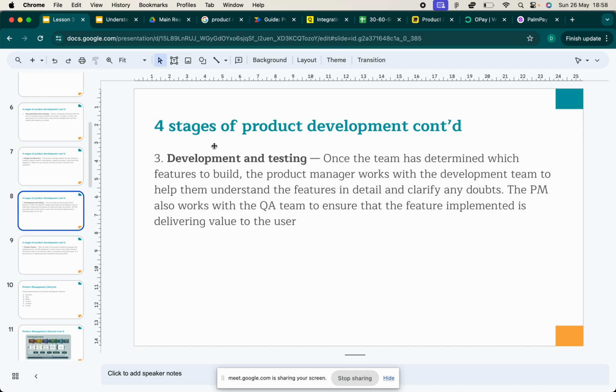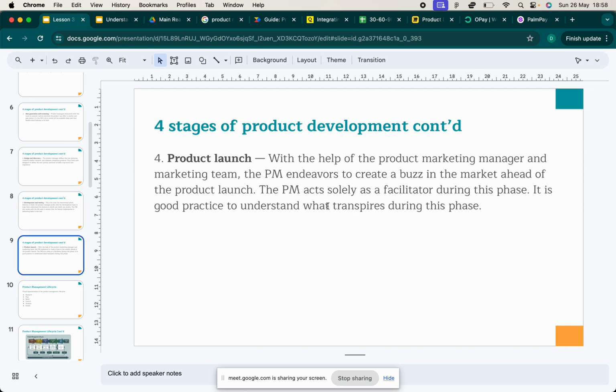So in the development and testing phase, this is where you build. This is where your software engineers write the code, and that code is what enables the application to be released. So once tested, it is then released, which is the next phase of product launch.